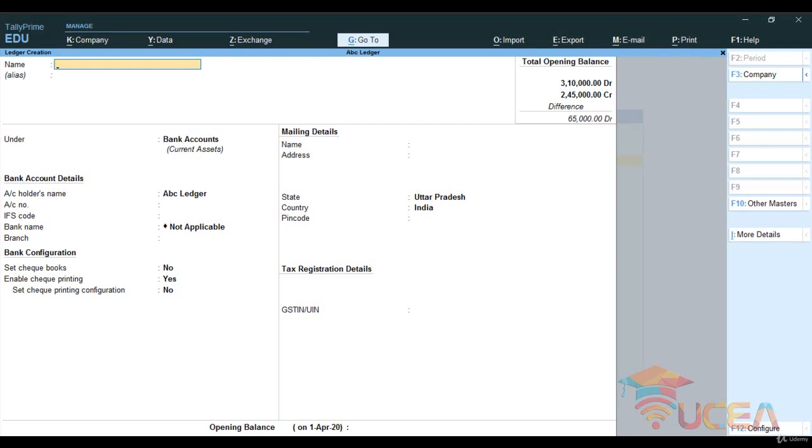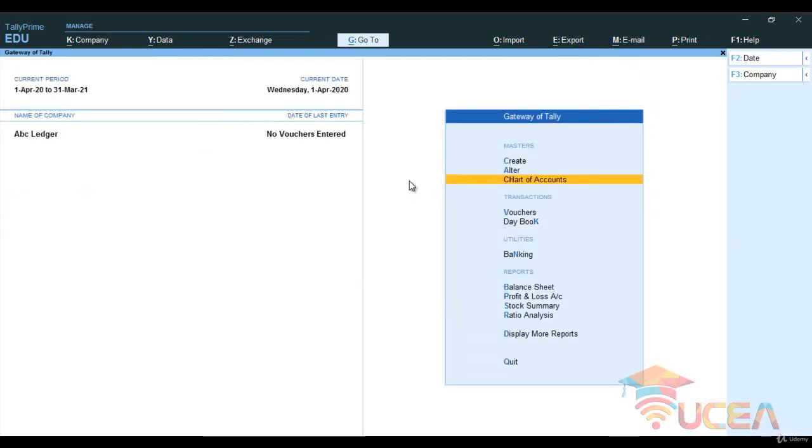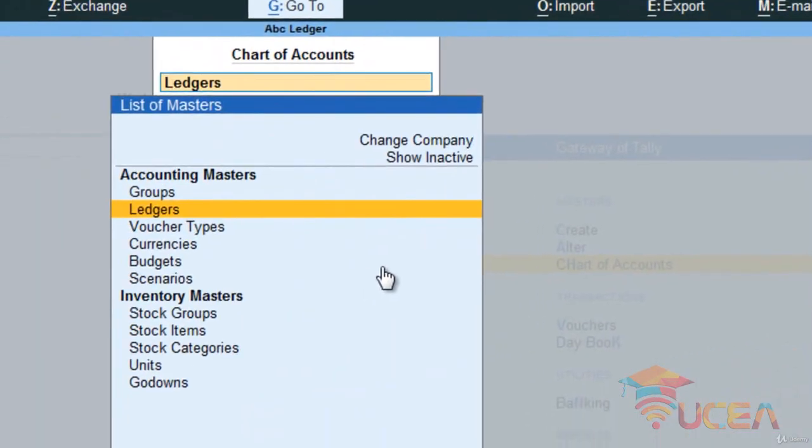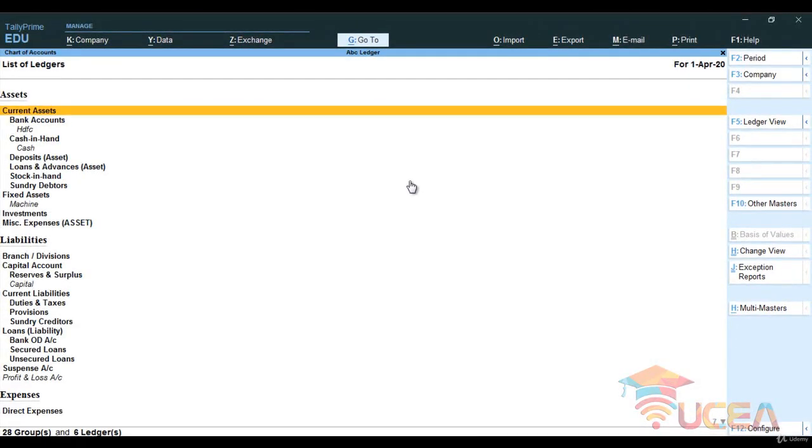Now there are another 2 bank accounts that we need to create. However, we are going to use the option of multiple ledger creation. Now we need to create multiple ledgers because we have got 2 bank accounts. So I don't want to create a ledger one by one, but rather in one go. So in order to do that, you need to go to chart of accounts. From here you will see this option of ledger. So I have clicked over there. So I am here in this particular screen.